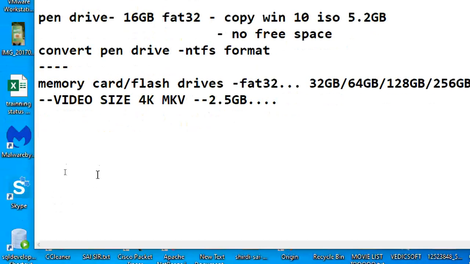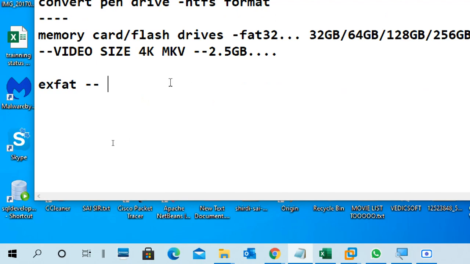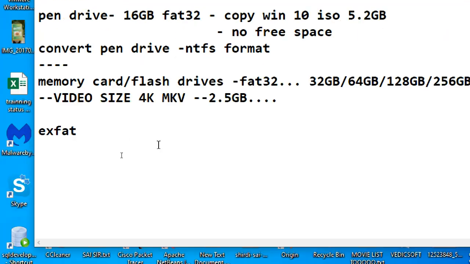So that's why we are getting a new file system for memory cards called exFAT. exFAT is a FAT file system mainly for memory cards. The size support is heavy. The solution is exFAT. If you insert a memory card in any new mobile phone, it will format immediately, and you will see the memory card file format is exFAT.